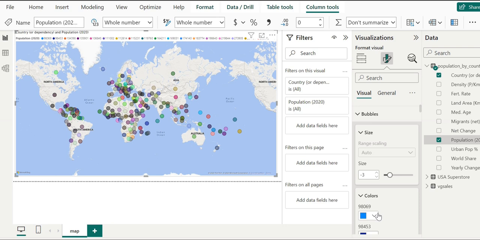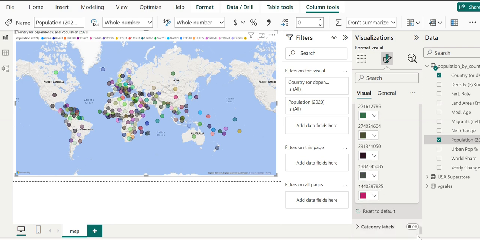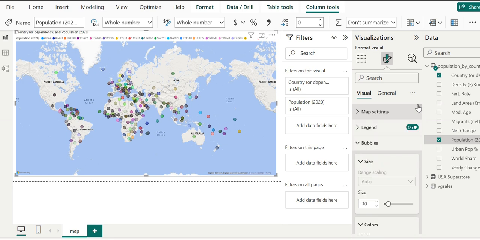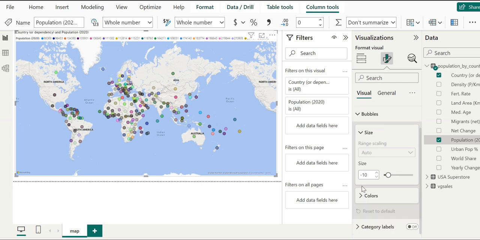If we go here, we can change it to reset to default. So in this demo, these colors represent different kinds of information about population.